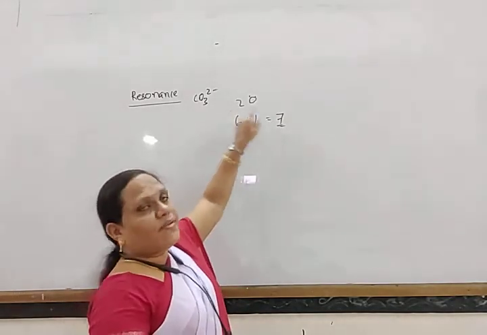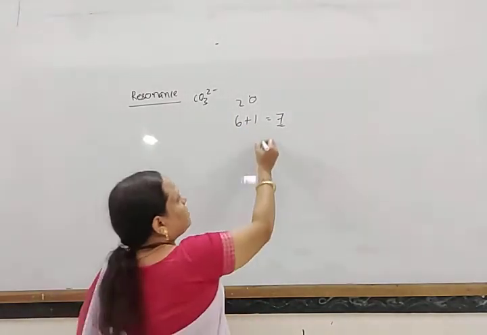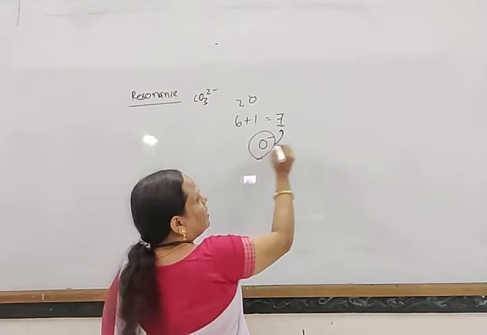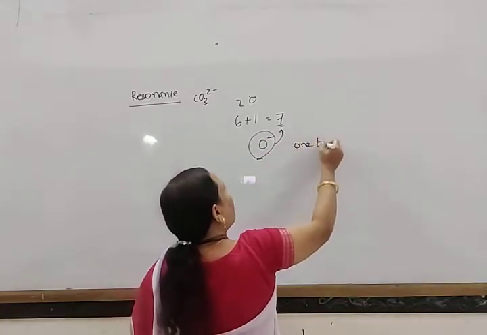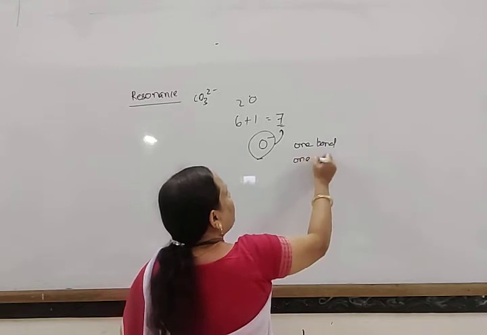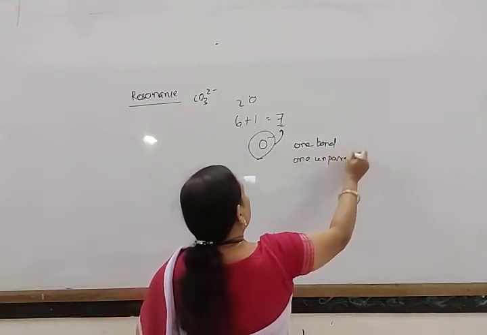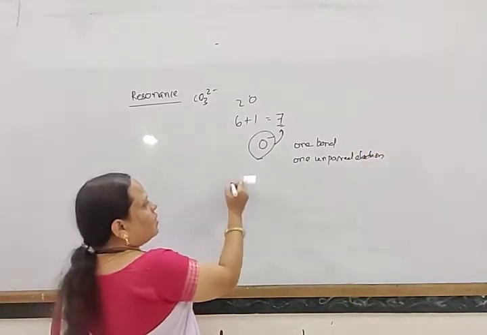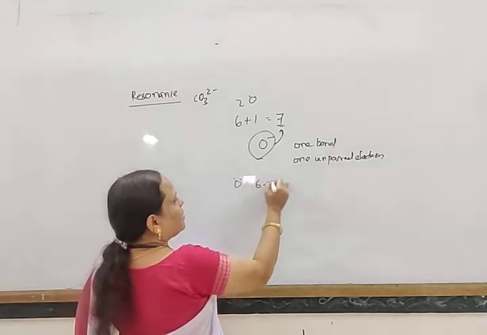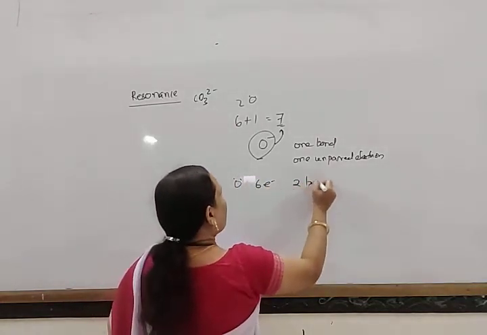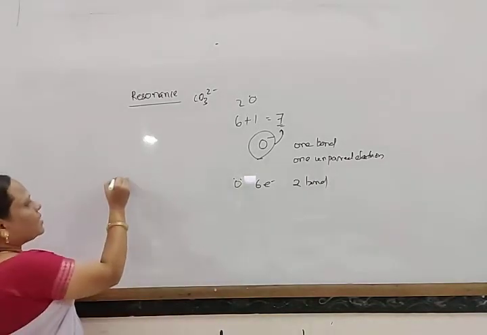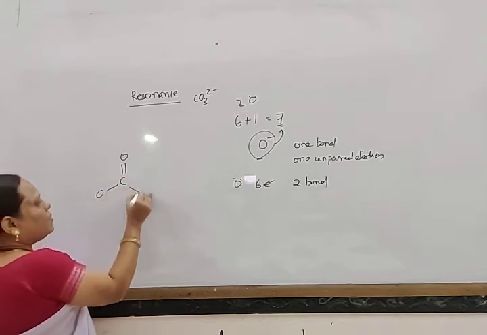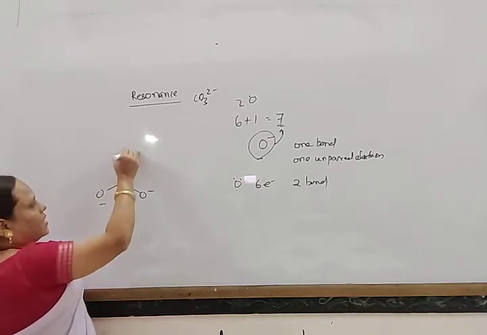So as there are 7 electrons, it forms an O minus ion, and each O minus ion has 7 electrons, and now it can form only 1 bond because it has 1 unpaired electron. And the other oxygen, which has 6 electrons, can form 2 bonds. So we can write the structure of carbonate like this. Suppose I write the bond line structure, O minus, like this.